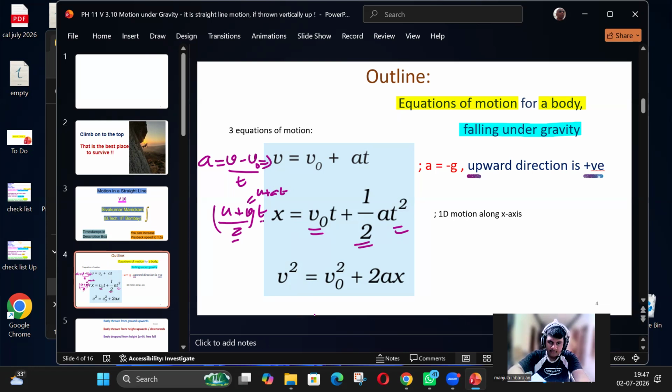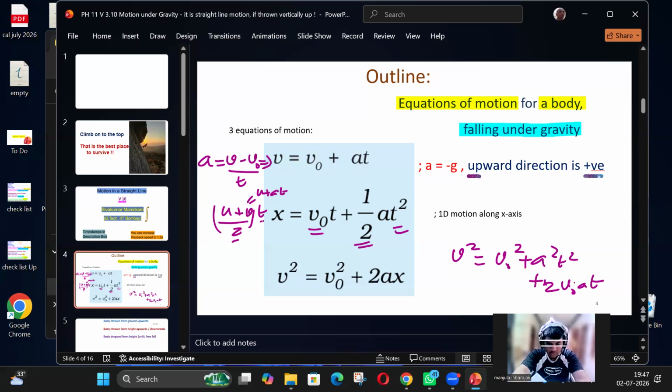Okay. What about this last equation? What is the proof of it? v square minus u square equals 2as. So you can square the first equation on both sides. v square equals v naught square plus a square t square plus the cross term 2 v naught at. Okay, so then I'll take this and divide by